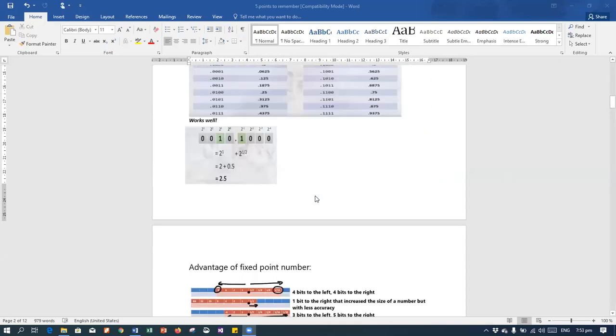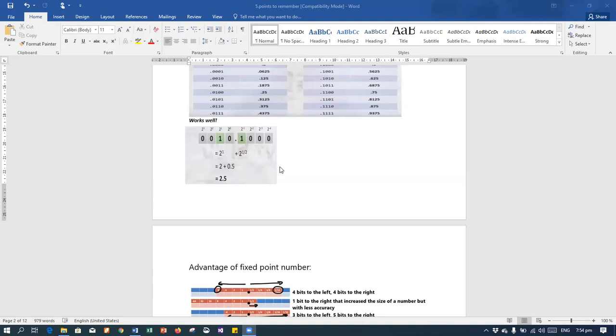Now moving on, suppose there is a binary number, and I need to convert this binary number into denary. So how would we convert it? See, this is 1, 2, so that's equivalent to 2. And then see, there is 1, so that is equivalent to 0.5. So 2 plus 0.5 would give you 2.5 as the decimal equivalent of the same binary number.